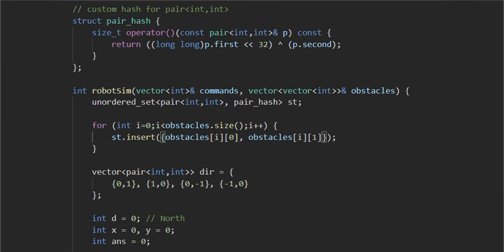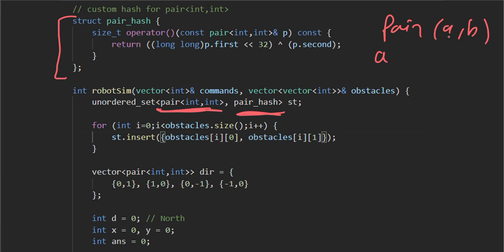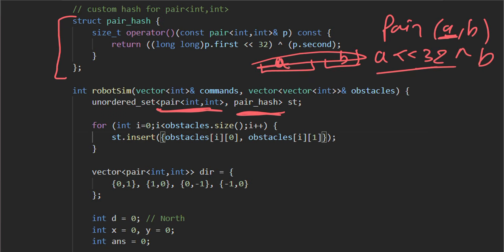So basically this struct is a custom hash for pair of int comma int, because we are using a set of pair of int comma int, which is generally not possible. Well, it is possible, but directly it is not possible without this struct hash function. In this we are passing two things, a and b. Then what this struct will do is shift the first value a by 32 bits to the left, and then XOR that with b, right? So the first 32 bits are a, and then the overall value is stored with b, right?